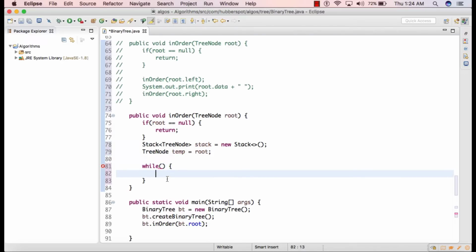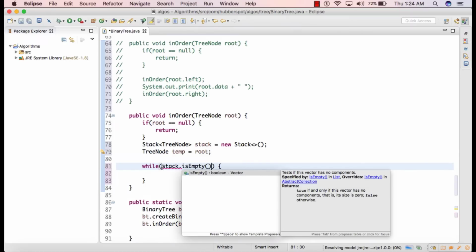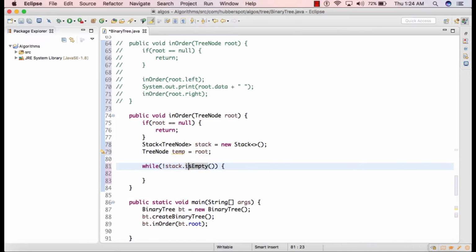And we also saw that we have placed two conditions on that: whether stack is empty or not. So the first condition is we are checking whether stack is empty or not, and then we are providing an OR. And the second condition we provide is temp should not be equal to null. So in the while loop we'll simply provide an if else block.